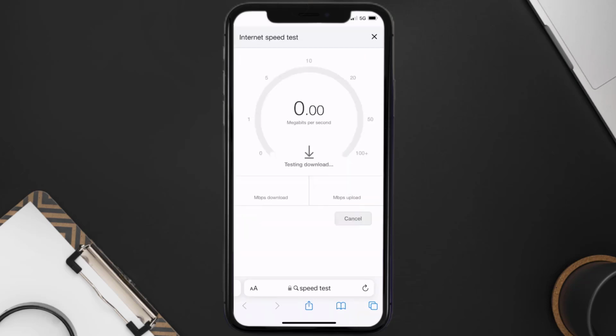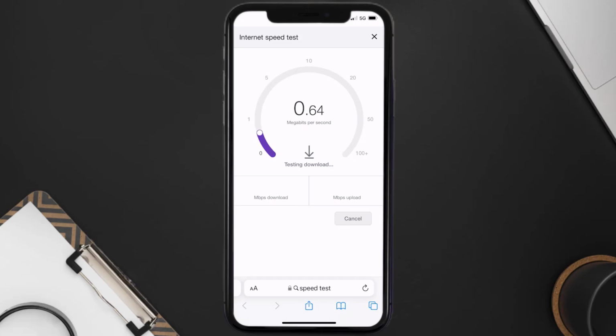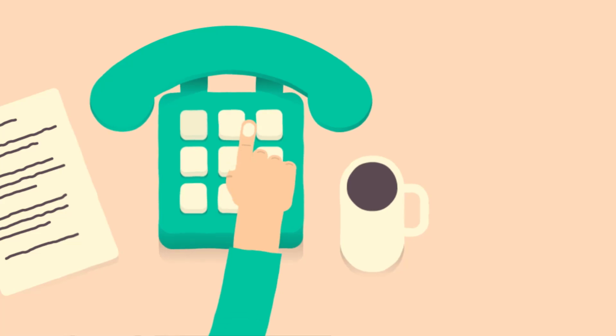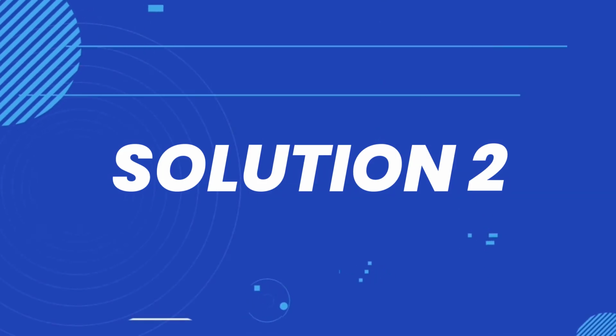The minimum speed required for Underdog Fantasy App is usually 2 to 3 Mbps. So if it's anywhere near or above this number, that's fast enough. If your internet speed appears to be unreasonably low, then you may need to contact your internet service provider for help. This should fix the issue, but if it doesn't, then you need to make sure you're running the latest